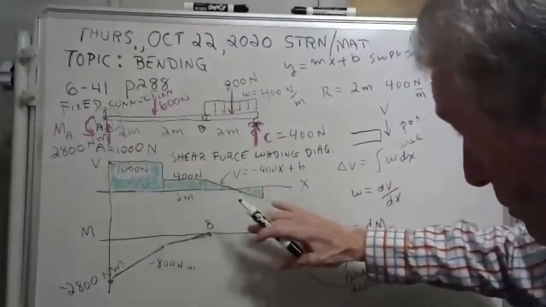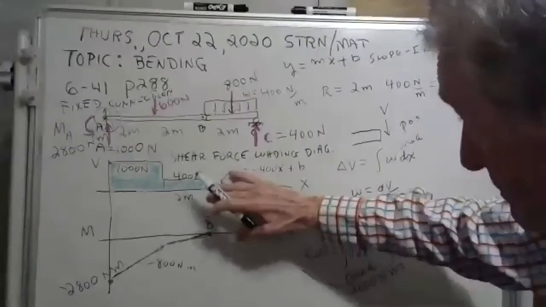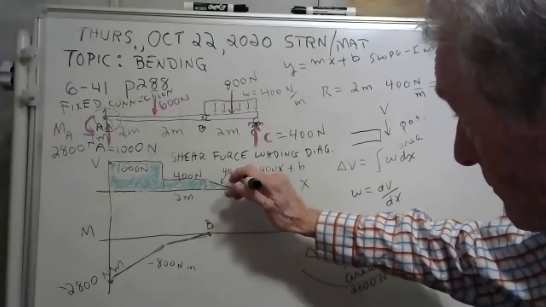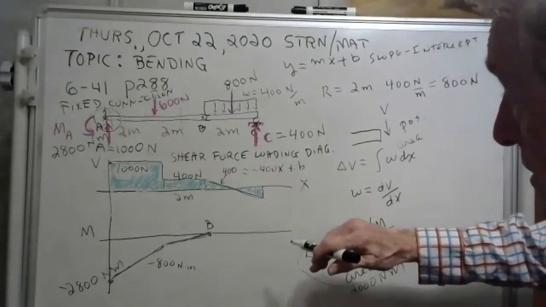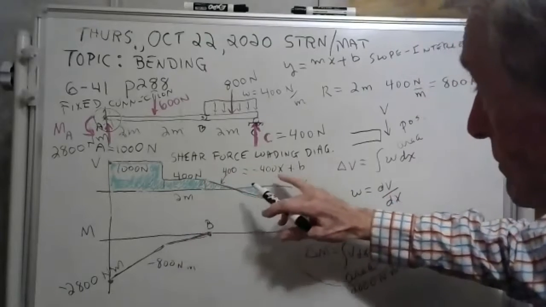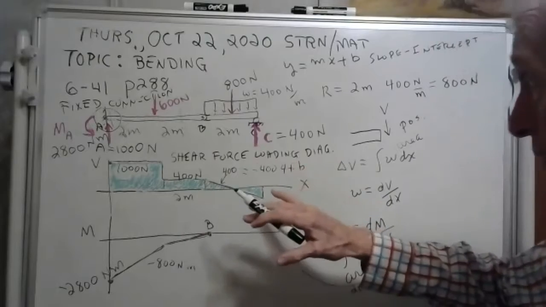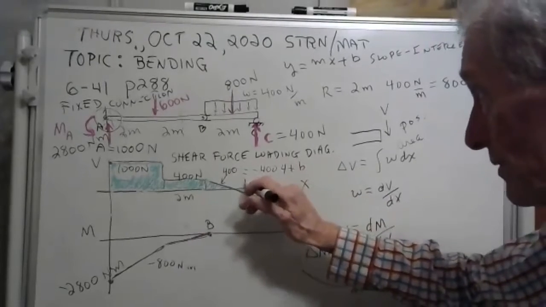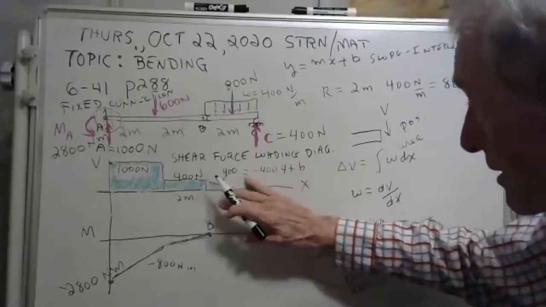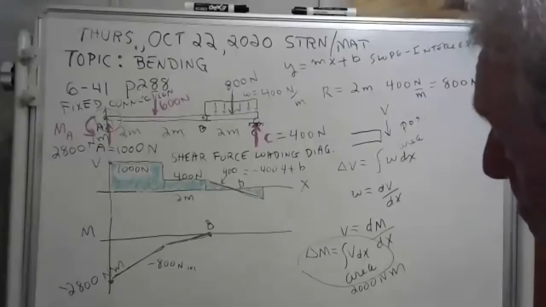I can just plug in any points that I know, like this point right here happens to be 400. So I'm going to plug in 400. And x right there happens to be 4. So I'm going to plug in 4. This may not make any sense to you, but what I come up with for my b then is, can you read my writing? What I come up with for my y-intercept is